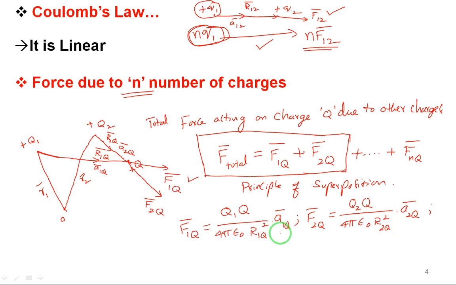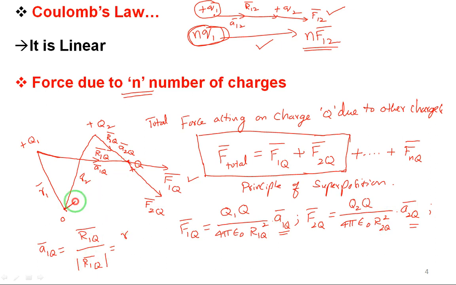Then how to find out the unit vector? You already know a1q and a2q. I will write for both. a1q, how to find out? The vector r1q divided by its magnitude of r1q. This is one way. If I want to make use of position vectors, I can write it as